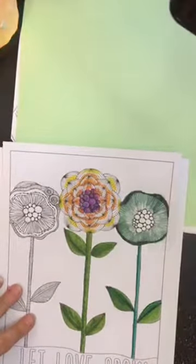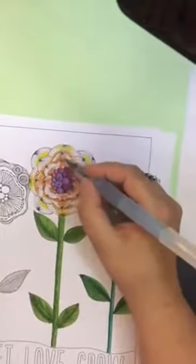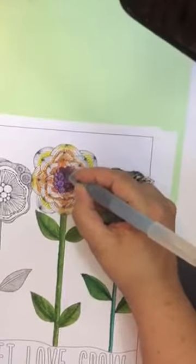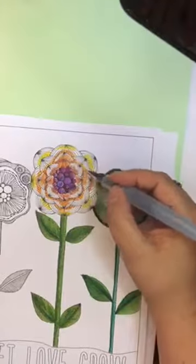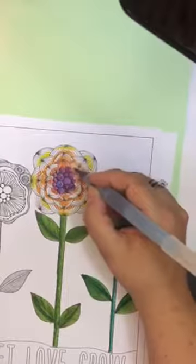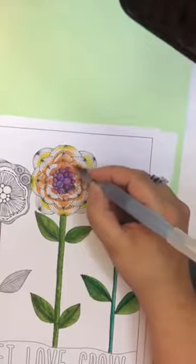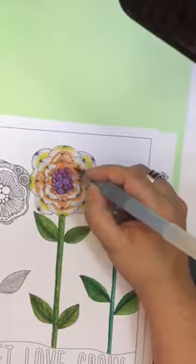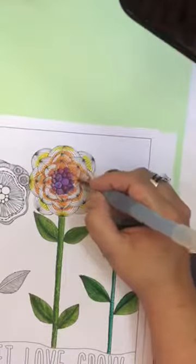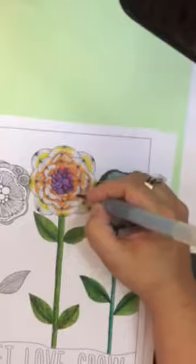So I got some new watercolor pencils today, so I figured I'd play. And I'm also checking out a new way to do my camera so that people can see what I'm doing when I'm coloring. I did basically 4 therapy sessions today, so my brain was a little bit fried and I figured I needed me some color time. So I already used the watercolor pencils on this, and I'm just using my water brush to brush them in. It's kind of like the coloring books when we were kids that had the color already on it, and you'd just take a brush and water and you were painting. It's similar, although you put your own color on these. And this is literally just a coloring book page,